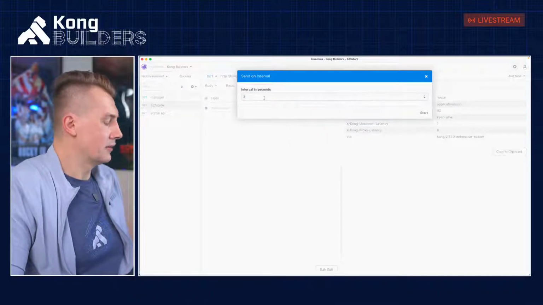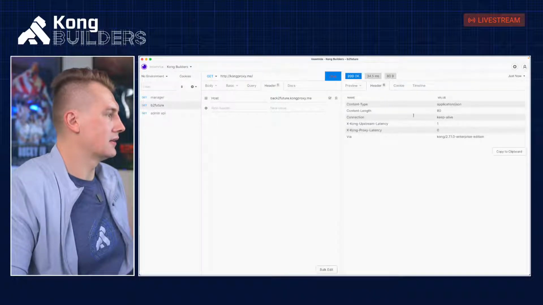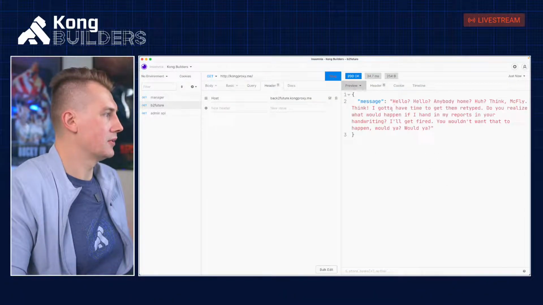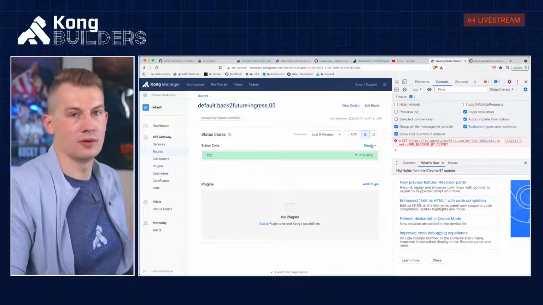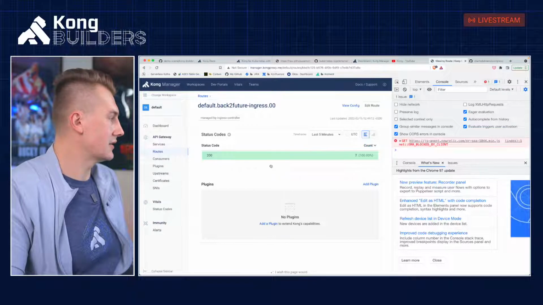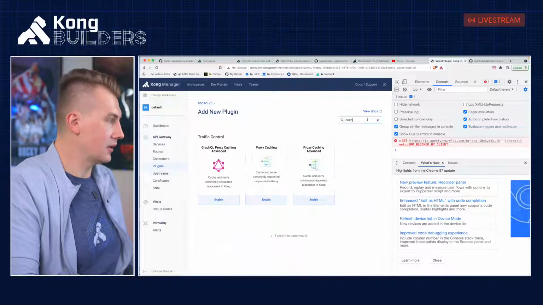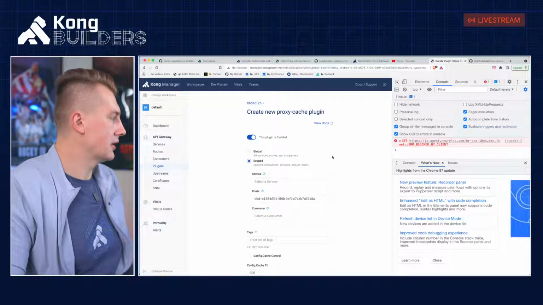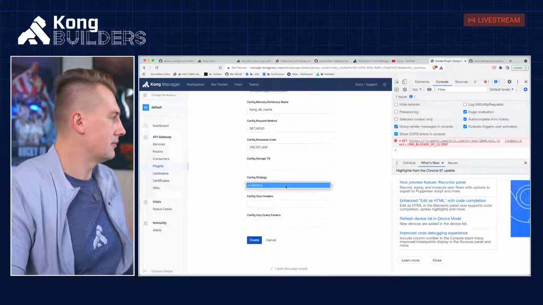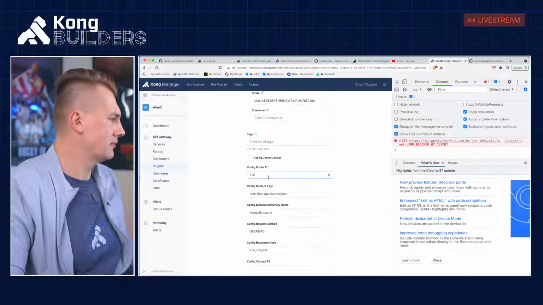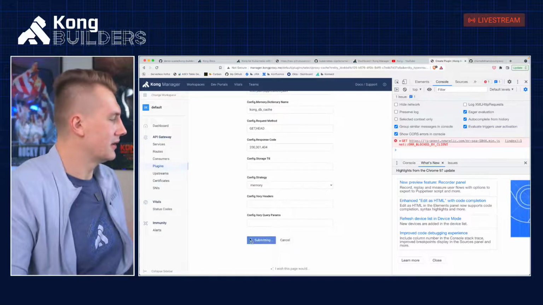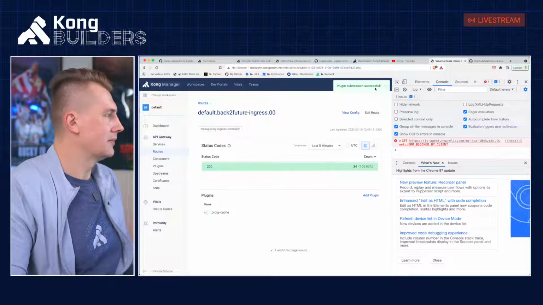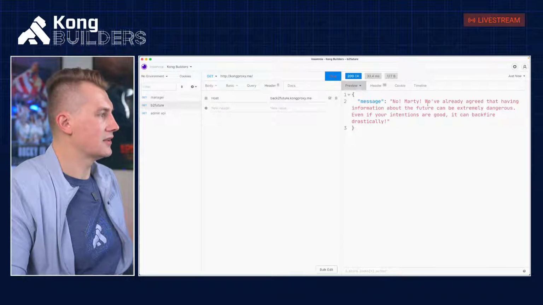We'll repeat on interval. Every second, I'll start sending this message. So we're getting these messages every time, a new message, and we start seeing the messages from the vitals. We start collecting these responses. So we will add the plugin. We'll just do caching, proxy caching, strategy memory. Once again, some configuration blip. Create. Okay, now we should start getting the same response.